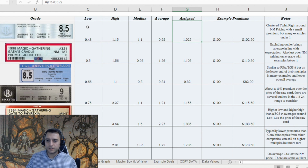So on a $100 card, be looking at $102.50. That's the normal price that you would want to be looking at. If you're looking at a Beckett 8.5 and you do the math and it's a 2x, 2.5x, not something that I would go for. Similarly with the PSA 8, you do have a higher high, and this is excluding that